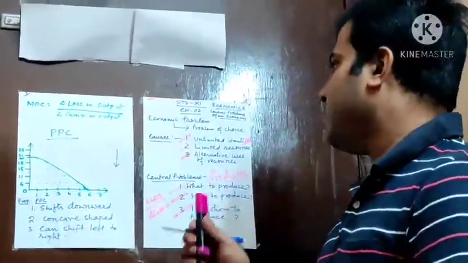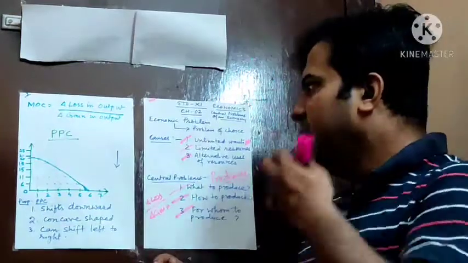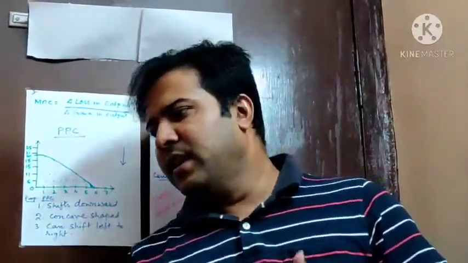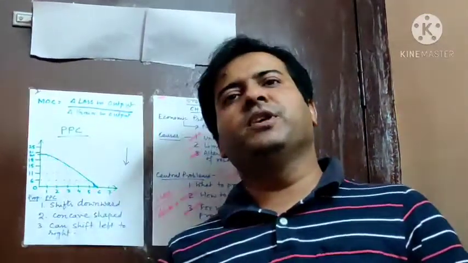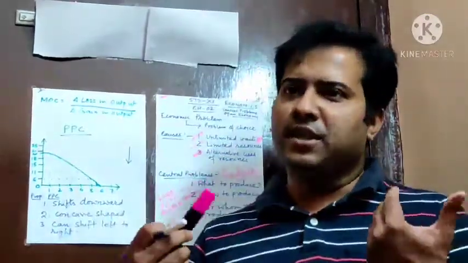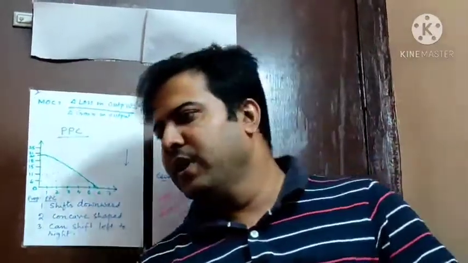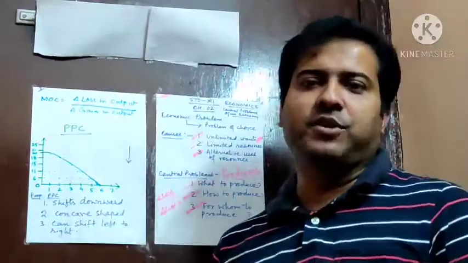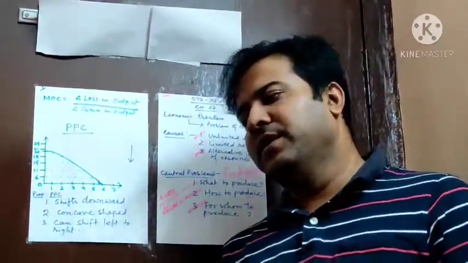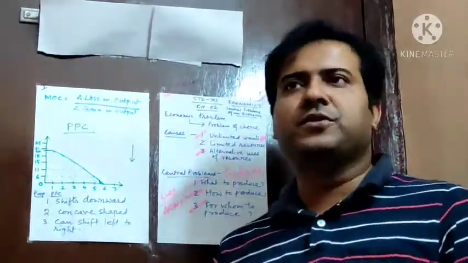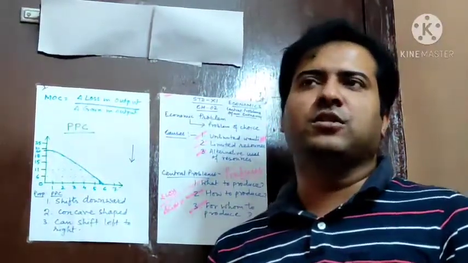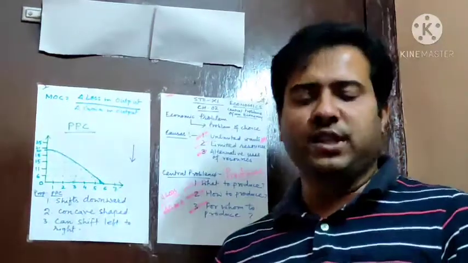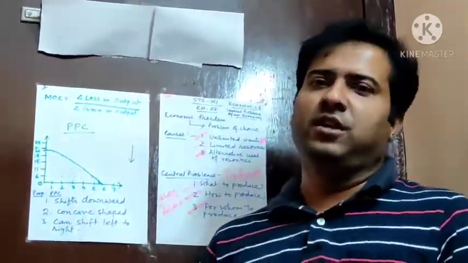Okay. In the second part, we had discussed various things such as the central problems of an economy, what is the free economy, what is the regulated economy, and the centrally planned economy, as well as what is the mixed economy. All these things we had discussed in the second part. We also discussed opportunity cost, what is opportunity cost, and also the MOC, that is the marginal opportunity cost.